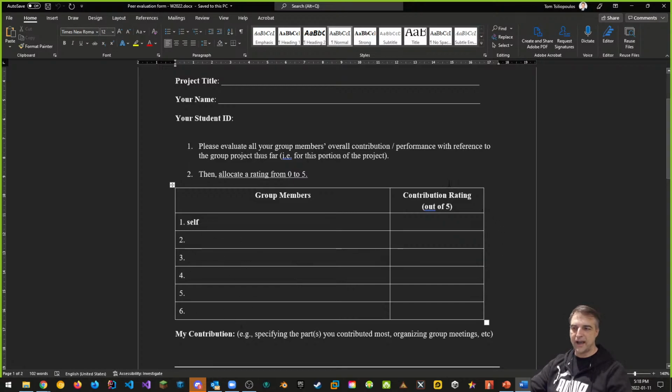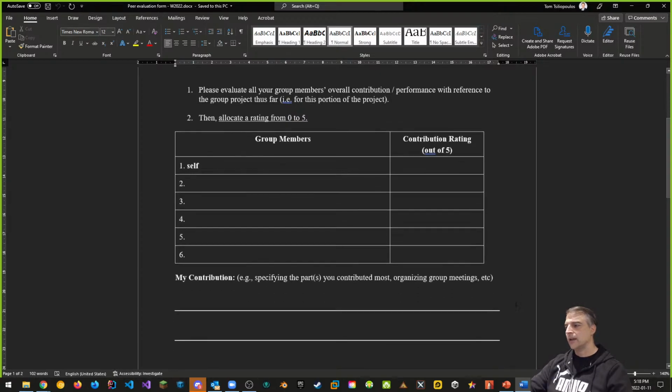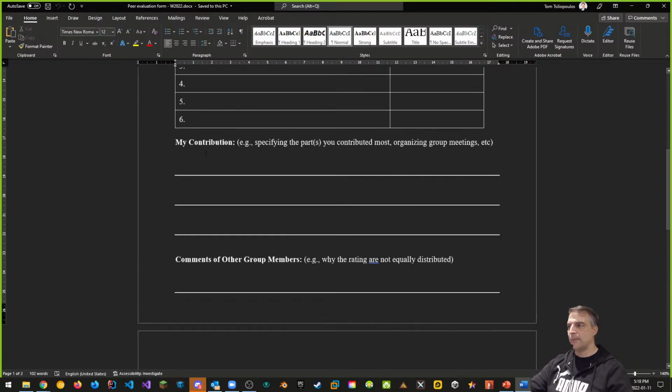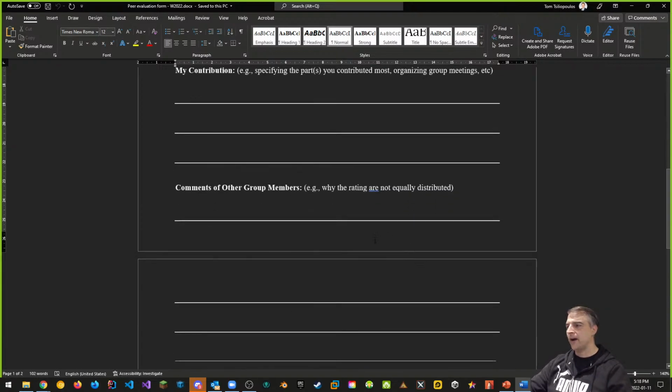A contribution rating out of 5. Okay, that's what it is. So 0 to 5. If I see zeros or ones, to me that means that either they contributed nothing or contributed very little. That's when your mark adjustments will occur. If I see 2s, 3s, 4s, and 5s, even a 2 I will question. I will talk about why they're getting a 2. First of all, talk about your contribution for that particular release. Not a weekly thing anymore, but rather, how did you do it? Maximum 5, all right? So that's how it is, out of 5, right?